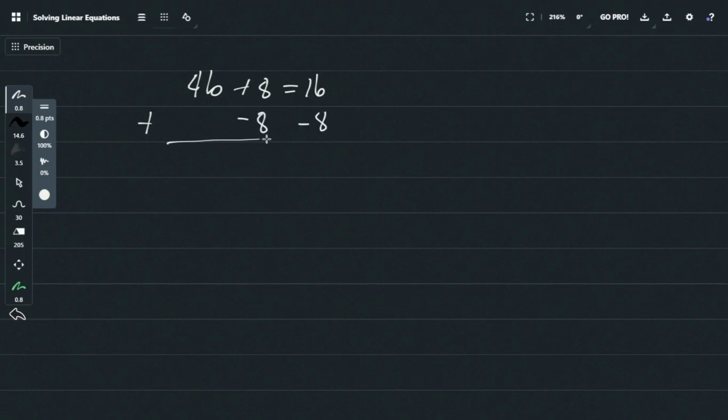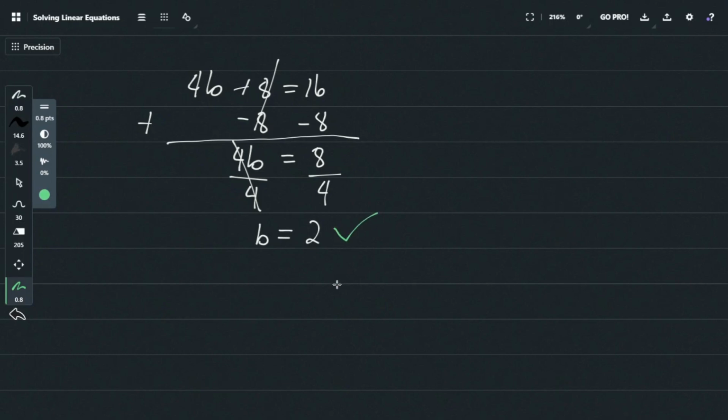And we can cancel this out. So we have 4b is equal to 16 plus negative 8, which is just equal to positive 8. So by dividing both sides by the coefficient, we can get rid of the coefficient. So divide both sides by 4, so we have b is equal to 8 divided by 4, which is 2. So the correct answer is b is equal to positive